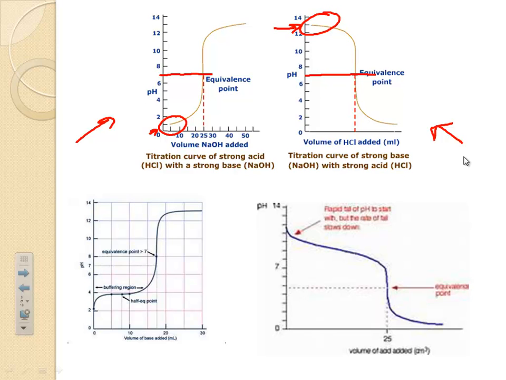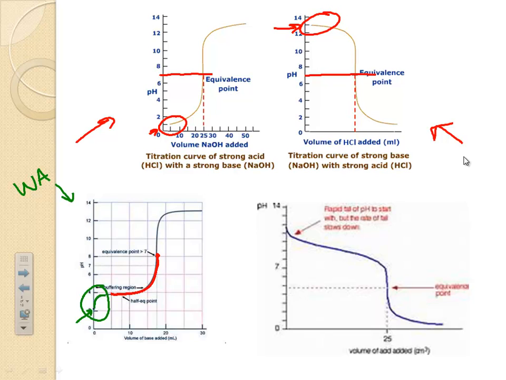Let's look at some of these curves down below. This one begins as a weak acid in our flask, and I can tell that for a couple of reasons. First of all, the initial pH is a little bit higher than it was with the strong acid, but that's a relative thing. But if you look here, we have this little bump up. That bump exists because it is a weak acid in the flask, which means it's going to be hard for it to resist a change in pH initially. So you're going to have this bump up where the pH changes sort of dramatically. And that's not a vertical line. That's part of the initial portion of the titration. As you move along the curve,